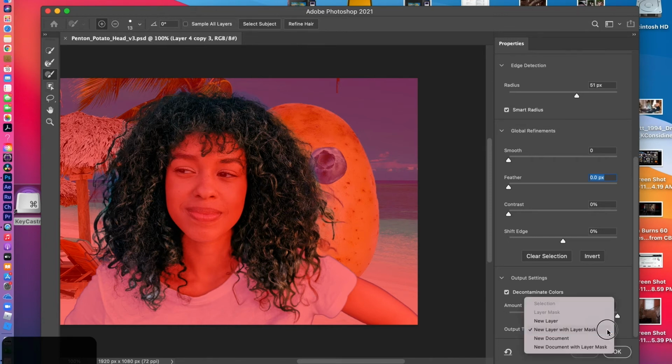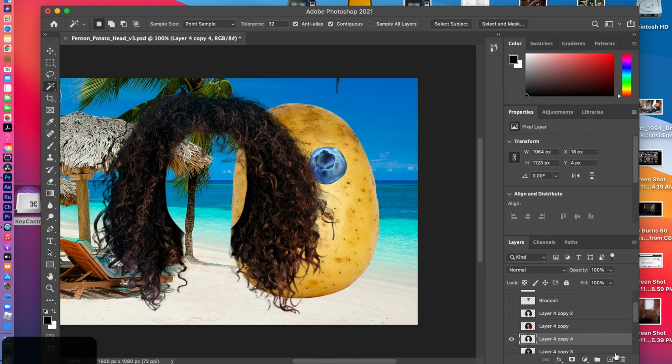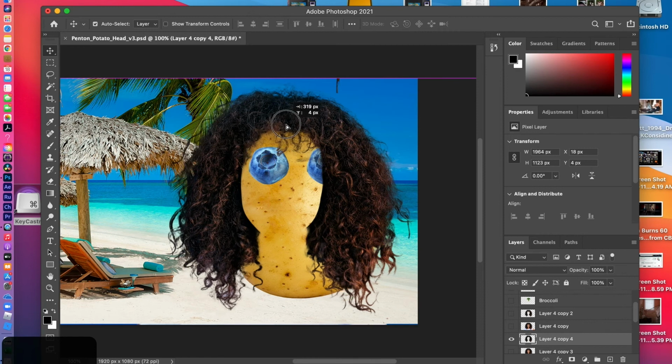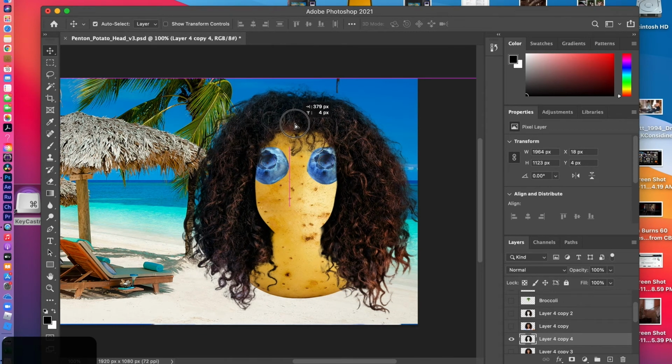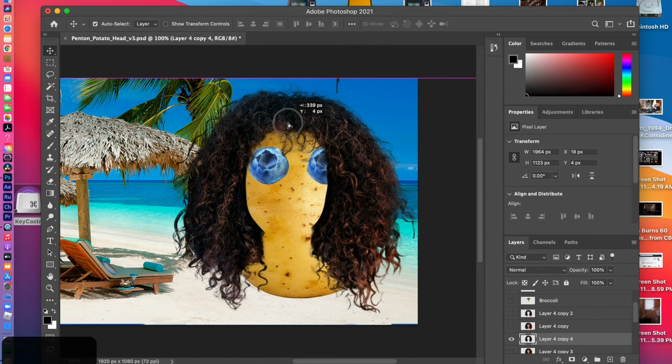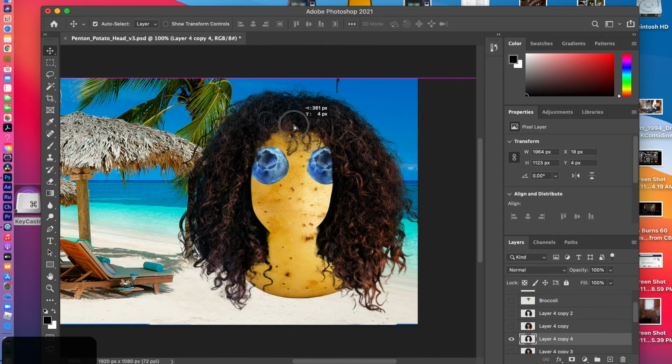And I'm going to do, once again, output to new layer. And let's see how that looks. There you go. So now I've basically done an even better selection than the one I showed you in the beginning. And now what I can do is change to my Move tool, put this hair over the potato head, okay? And maybe at this point, since I like the length of the hair and how big it is,